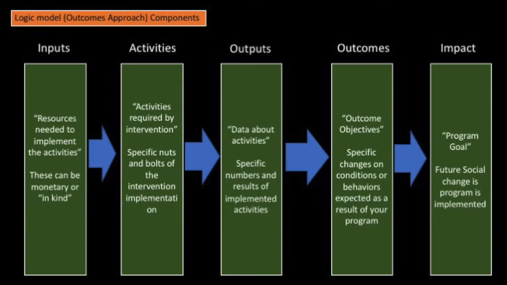If this output is achieved, if all these participants are served, then we will achieve some outcomes. We will see some changes in behavior or their condition. And if we see some changes in participants' behavior or their condition, then we will see an end social change. This is an outcomes approach model, and it's letting funders and stakeholders know exactly how much resources you need, how